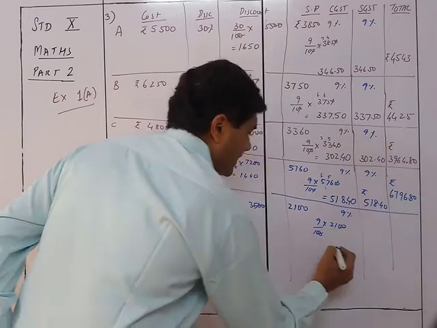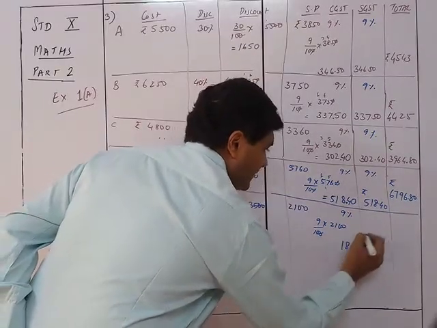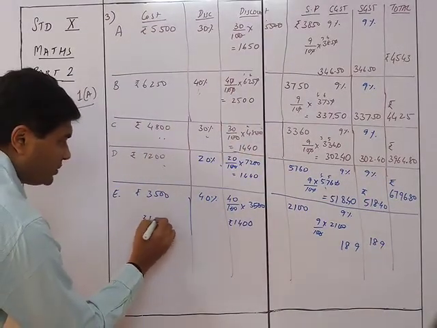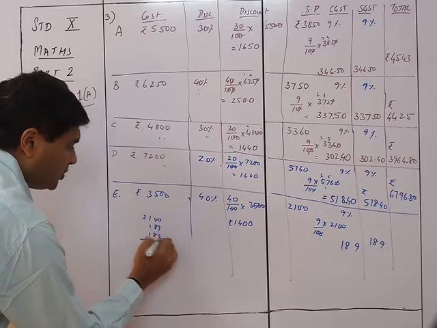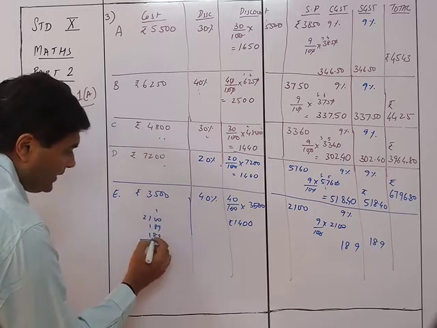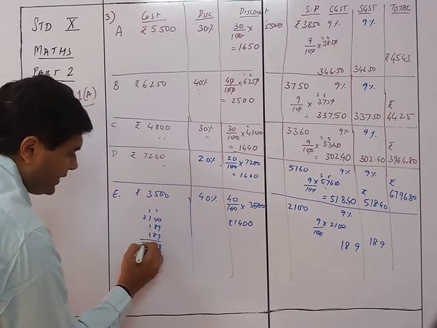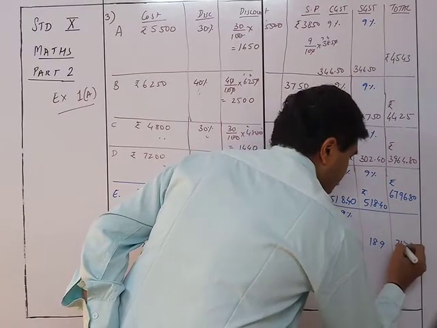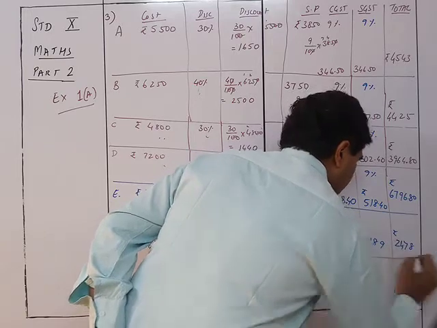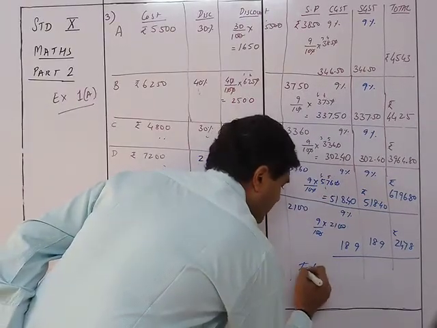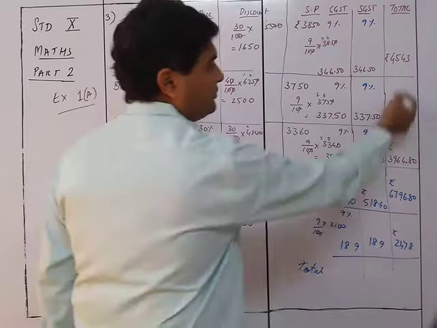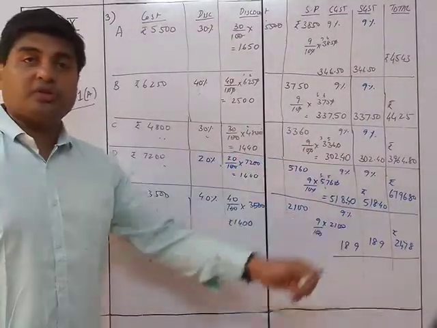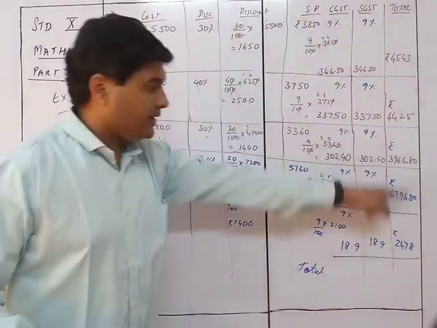So that makes it 9 ones are 9, and 18, 189, and 189 over here. So it will be 2100 plus 189 plus 189. So it will be 9 plus 18 and 16, 17, and 4 and 2, 2, 4, 7, 8. So the total amount he receives inclusive of taxes will be the addition of these numbers. This is the reason why we put it in this particular form, so that we get the answer written in this form.